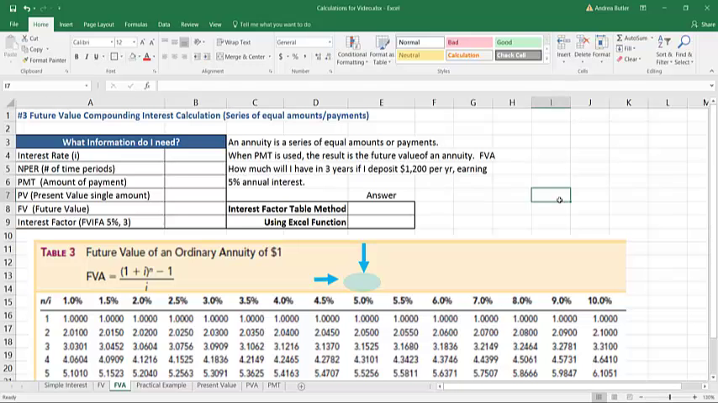In this video, I'm going to talk about the future value compounding interest calculation of a series of equal amounts or equal payments. A series of equal receipts or disbursements, amounts or payments, is called an annuity. So this is FVA, the future value of an annuity. All right, so we're going to be using a series of equal payments instead of a lump sum as we